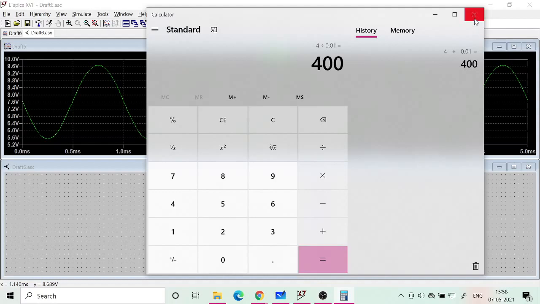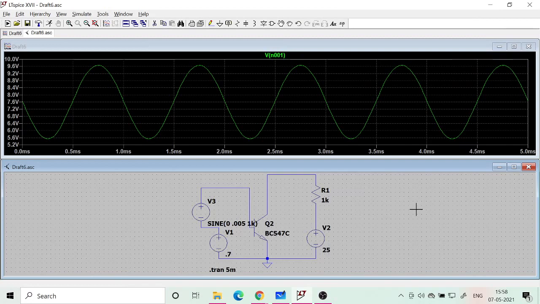So that is good. This is your experiment for today. If there is any doubt, you can ask. First is the operating point, second is the transfer characteristics, which is basically IC versus VBE. Third is the output characteristics, IC versus VCE, keeping VBE at different values. You should get at least 3-4 characteristics, and I told you how to do that by varying the sweep voltage 1 and voltage 2, and reverse it, you will get the other characteristics.